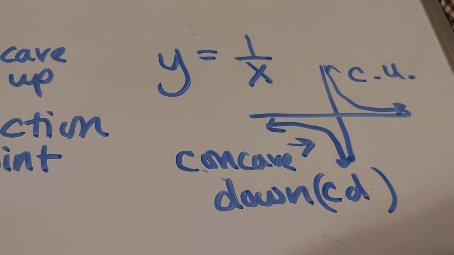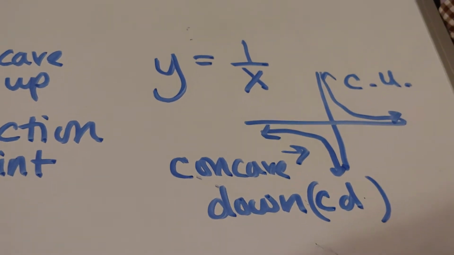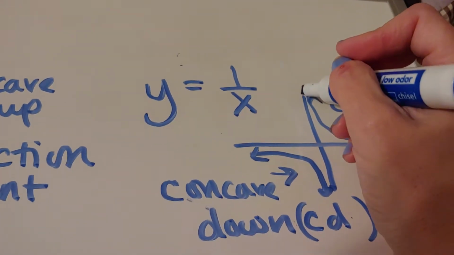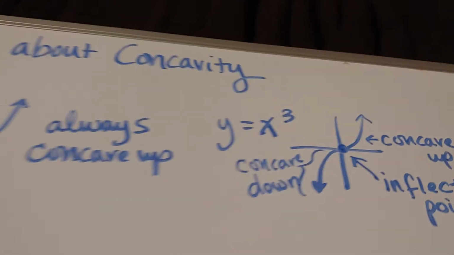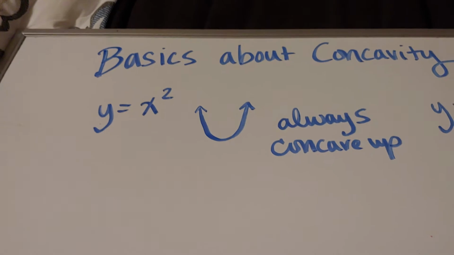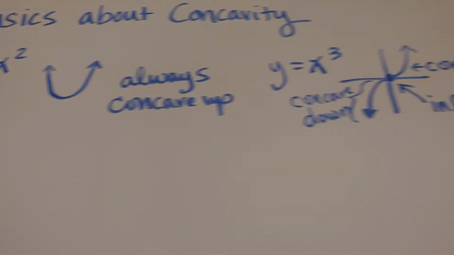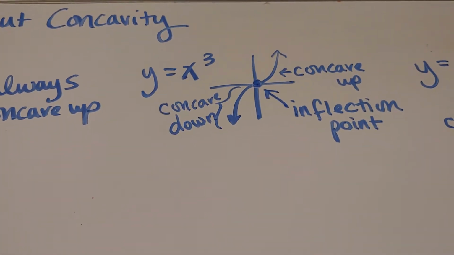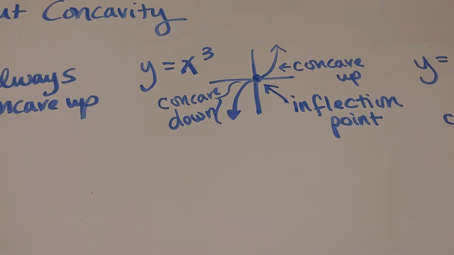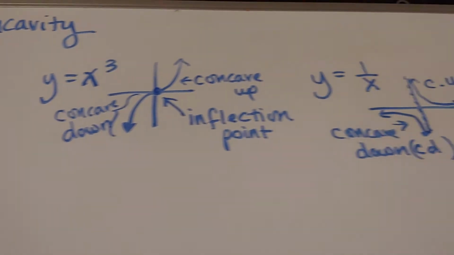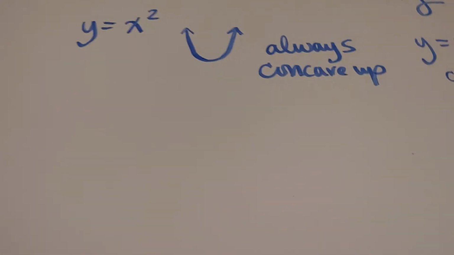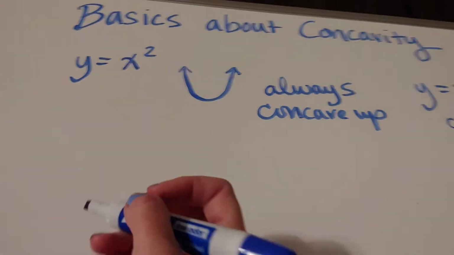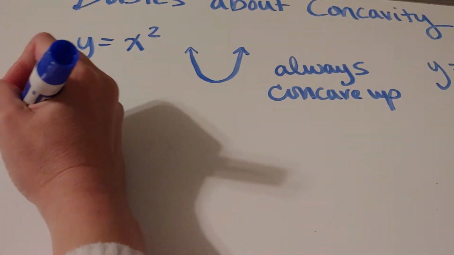Anyway, where this one is changing concavity is not at a point. It's changing concavity at the vertical asymptote. So looking at our three examples: a parabola, always concave up; a cubic, where it's changing at a specific point somewhere in the middle; or a rational function, where it's changing at a vertical asymptote. So how can we find out where it's changing, if it's changing? That is called an inflection point